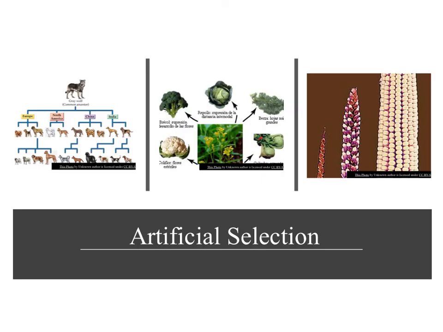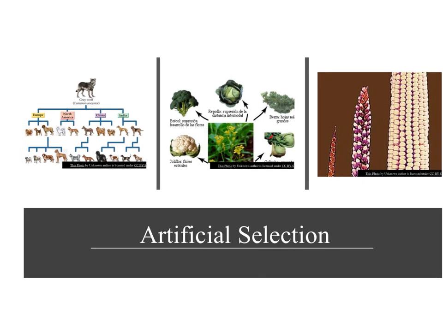Here are some other examples of artificial selection. The first one is dogs. We've domesticated dogs from wolves, and we artificially select for distinct traits that we want to see in dogs. Some other examples are crops and produce. Here are different types of food we select for to come from mustard seed, and we do artificial selection with corn as well.